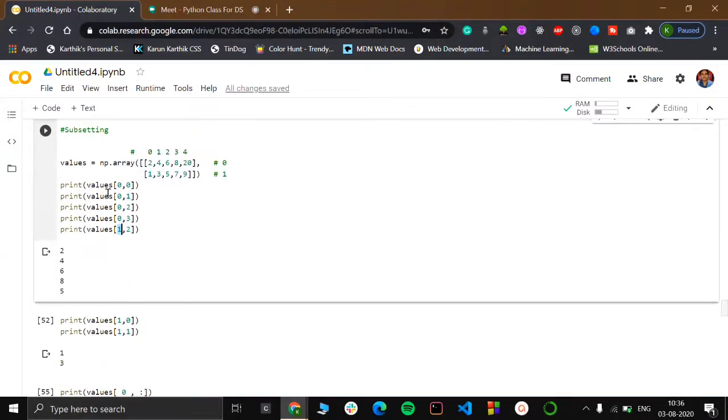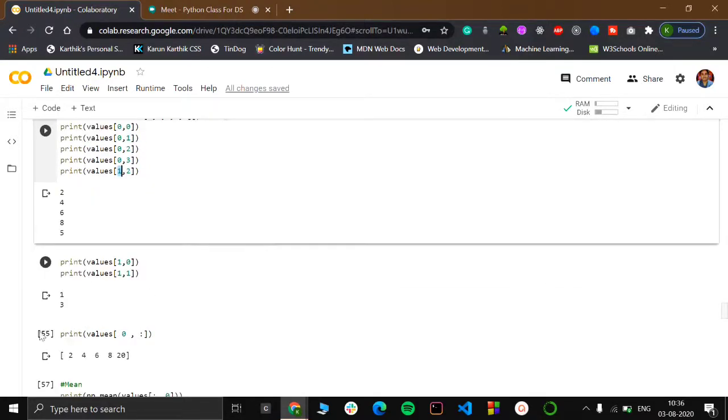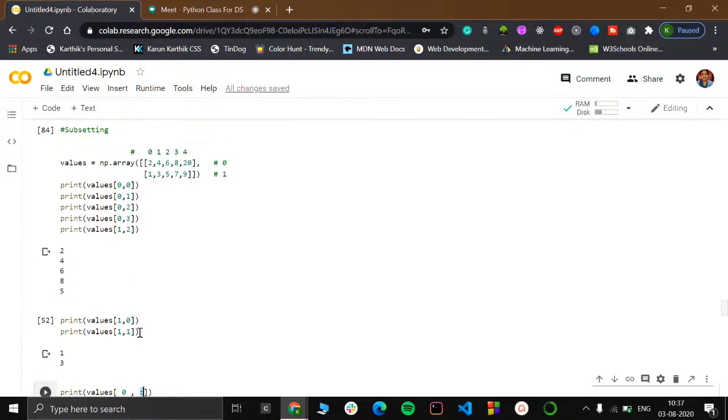So 1 and 0, it is 1, and let's go with 1 comma 1. So 1 comma 1 is row index 1 and column index 1, and they both have a common value 3. So that is how you do it. And let's say I want to print values using this slicing part, so you should be knowing it.